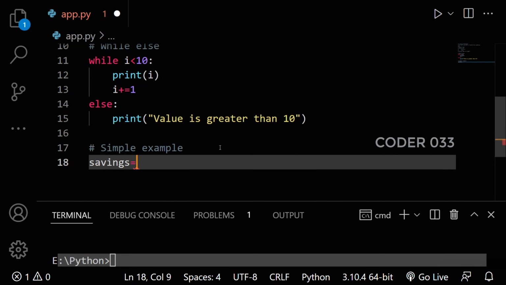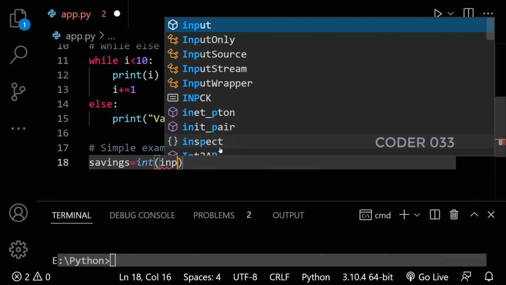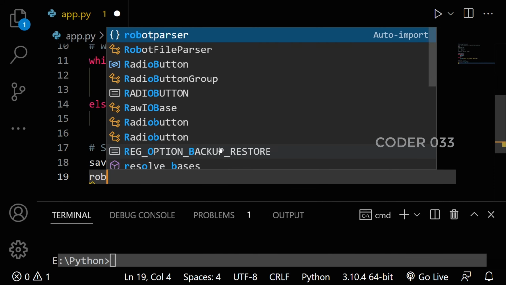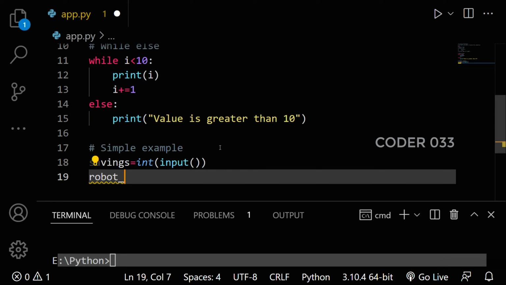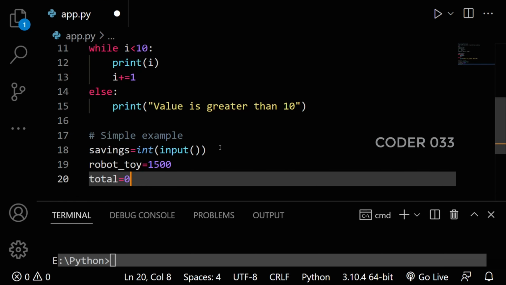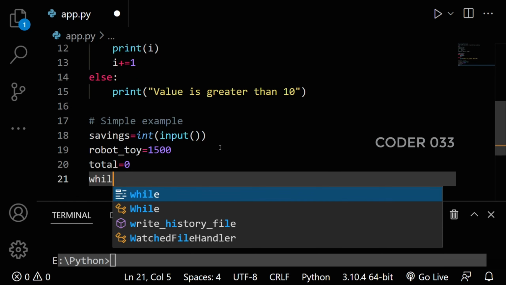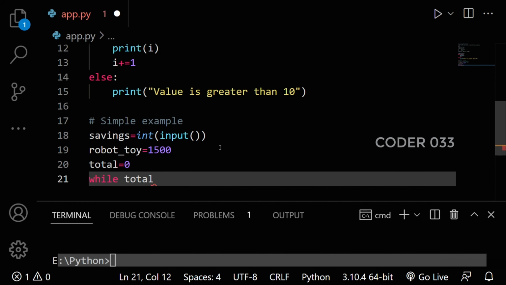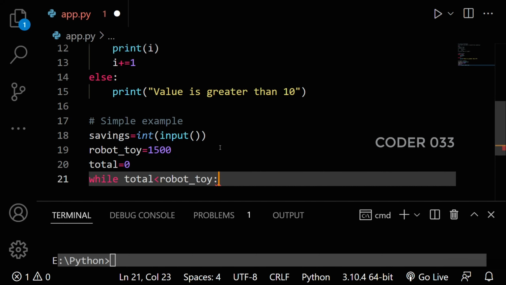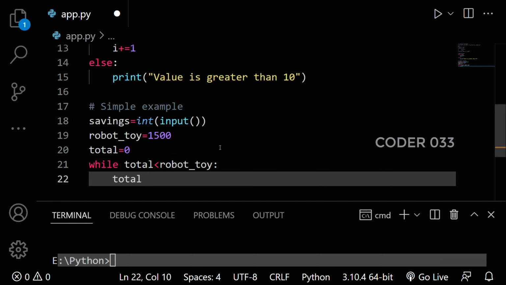savings is equal to the integer of the input function. Then, for an example, a robot toy. So I am just saving money for buying a robot toy, and the value of the toy is 1500. Then total, for the reference value, I am just taking the value equal to 0. While total is lesser than robot toy, at that time I need to do total equal to total plus savings,